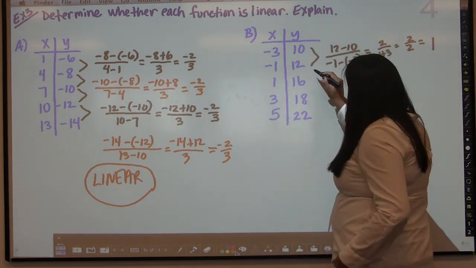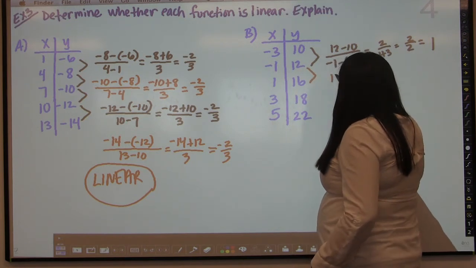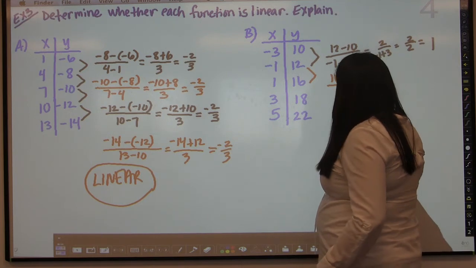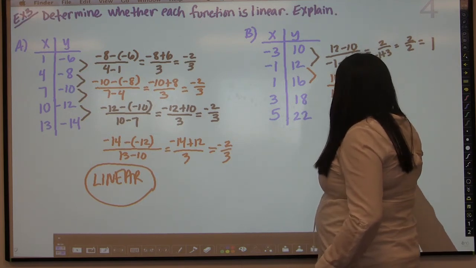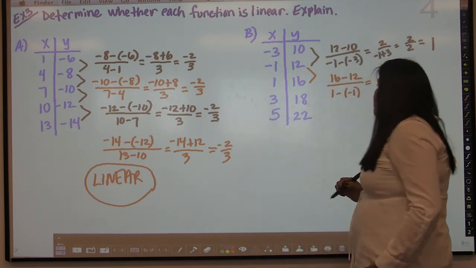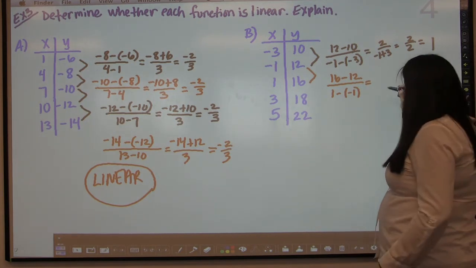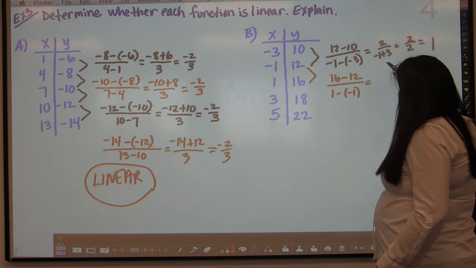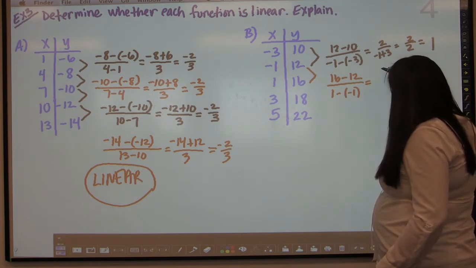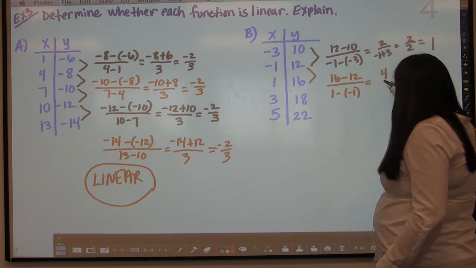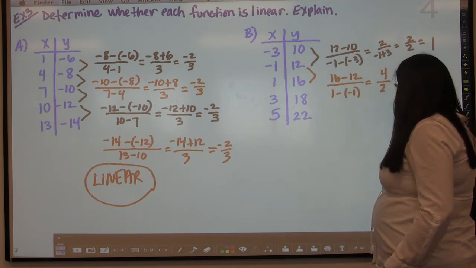I try the next pair of points, and I get 16 minus 12 divided by 1 minus negative 1. Again, be very careful with those negatives because you might be thinking, oh, 1 minus 1 is 0, but it's not 1 minus 1, it's 1 minus negative 1. So 16 minus 12 is going to be 4, and 1 minus negative 1 is 2, and 4 divided by 2 is